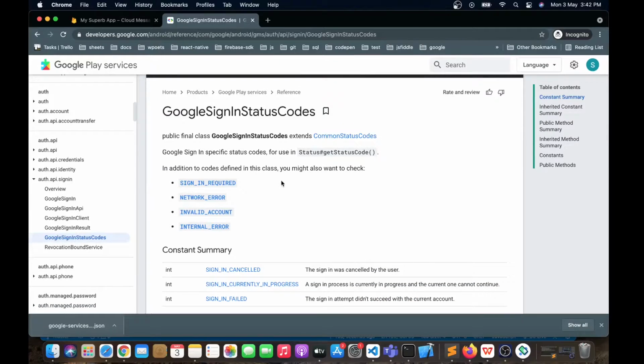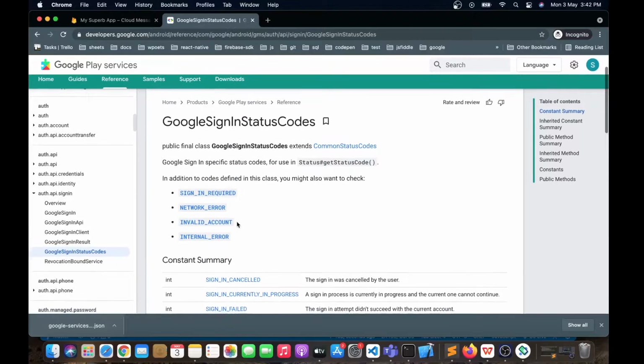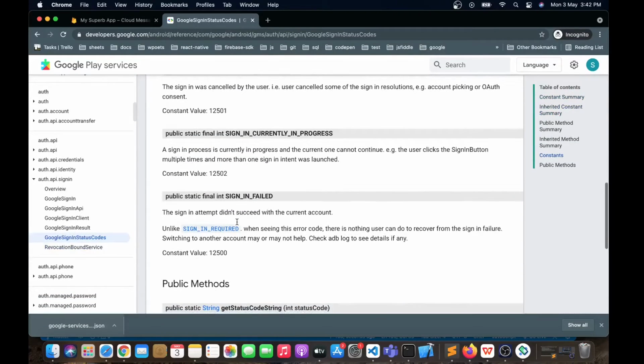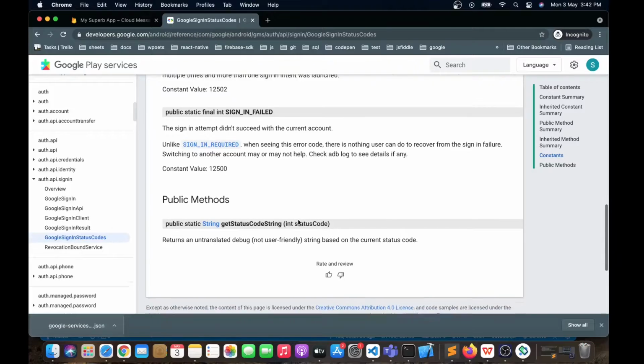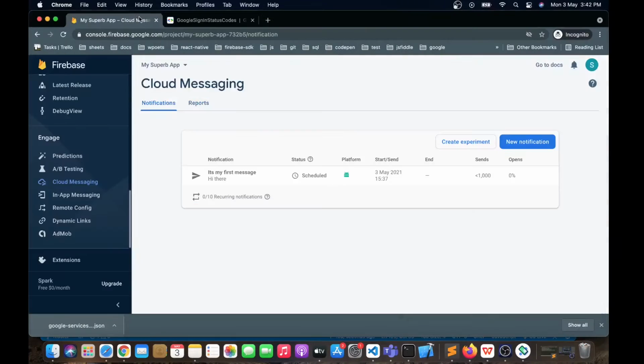It says Google sign-in specific status codes like sign-in required and cannot continue, because something went missing over there, right? So what I'm gonna do is